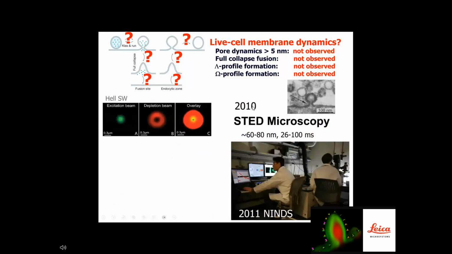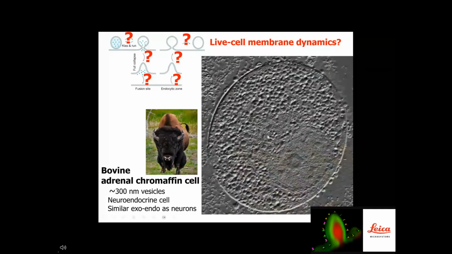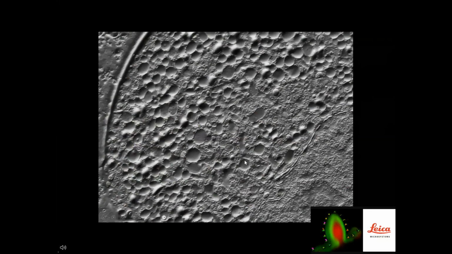So by this time, 2010, the STED microscope is available. It has a resolution of about 60 to 80 nanometers and every 26 to 100 milliseconds or so. Now this resolution is not sufficient to resolve the small 40 nanometer vesicle fusion and profile changes. So we have to use a different preparation, the bovine adrenal chromaffin cell. This cell is a neuroendocrine cell. It has a similar exo-endocytosis as neurons, but it has very large vesicles, 300, 400, or 500 nanometer vesicles shown here. So we should be able to use the STED microscope to resolve this membrane profile change of